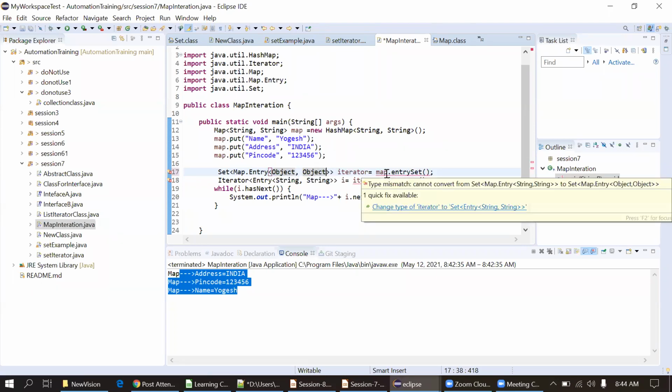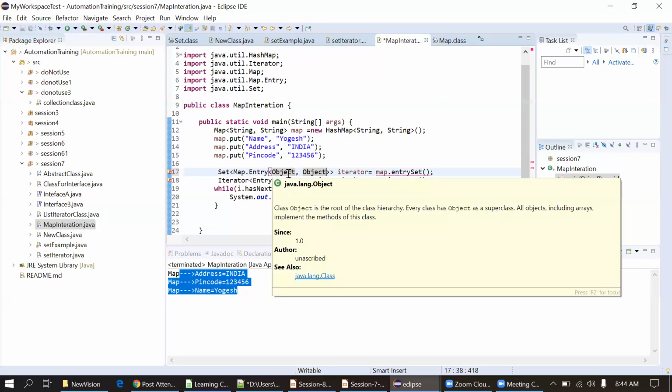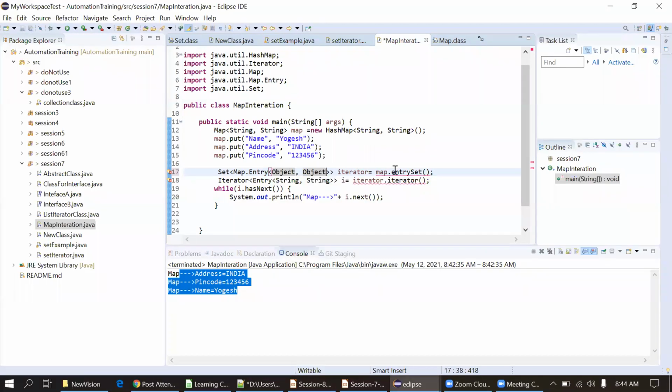It will support, but in some cases, suppose you are using this data somewhere in the application and the application only supports string, but you are passing an object, which can be anything. It can be integer, it can be enum, anything. So it might give a typecasting error. That's why you should not use this approach, object. Now it is showing the error. We'll see what the error is.